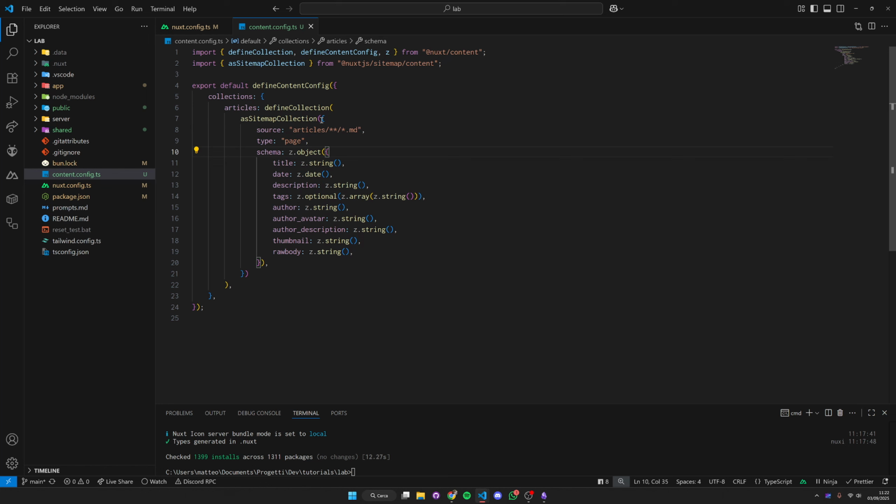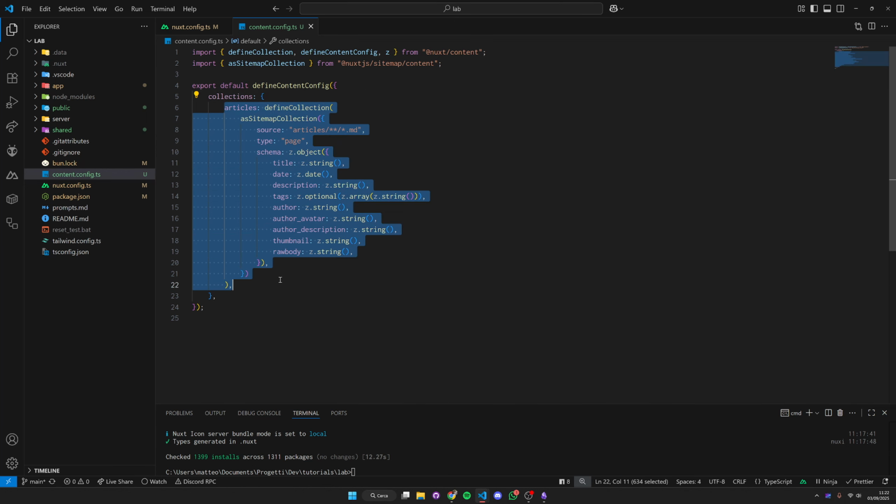Finally, we are wrapping this object inside this sitemap collection coming from Nuxt sitemap, which is part of Nuxt SEO. And this will allow us to directly and automatically add all of the elements inside this collection to our sitemap. So we do not need to do anything else. It's just going to automatically take all the markdown files, all the blog posts inside this collection, and just add